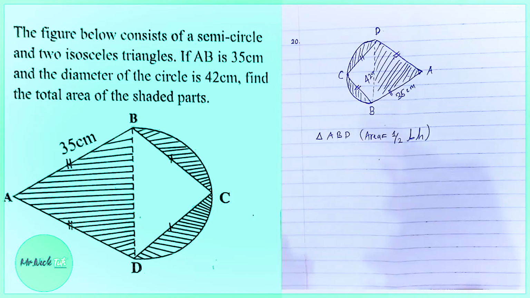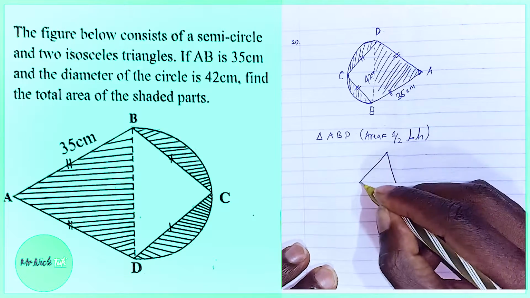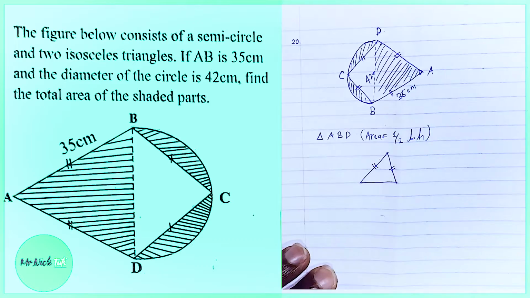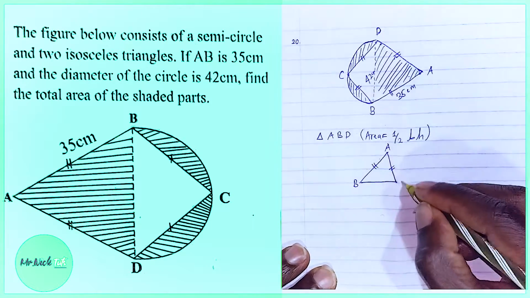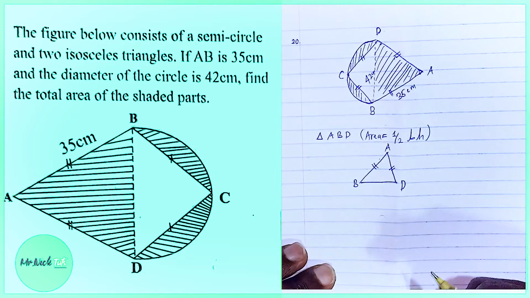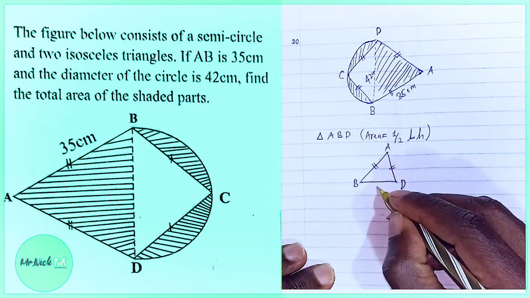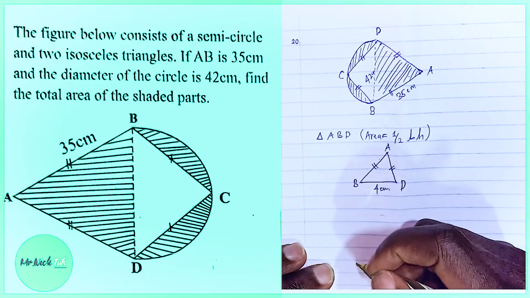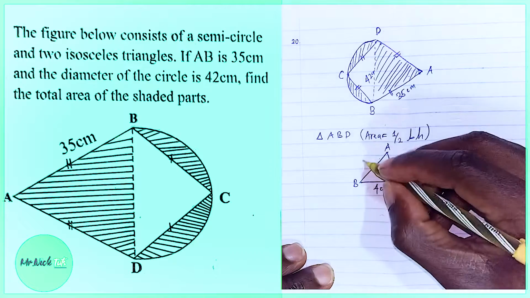So basically, our triangle ABD will look something like this. Remember, it's an isosceles triangle. And we're having A there, B and D here. And it is, of course, shaded. We are having that the line BD will be 42 centimeters. And that the line AB will be